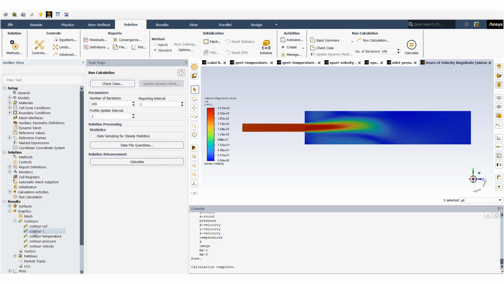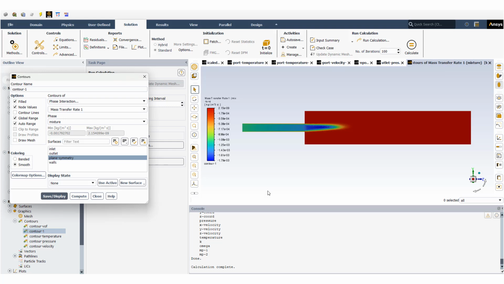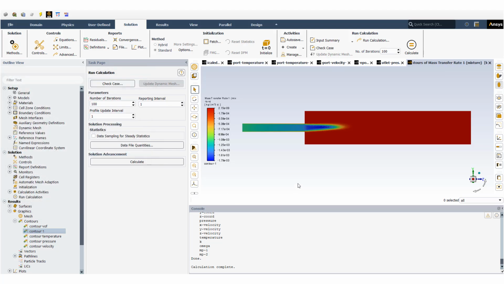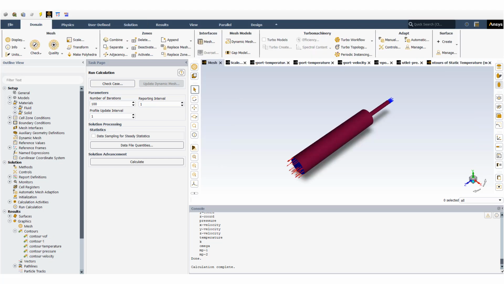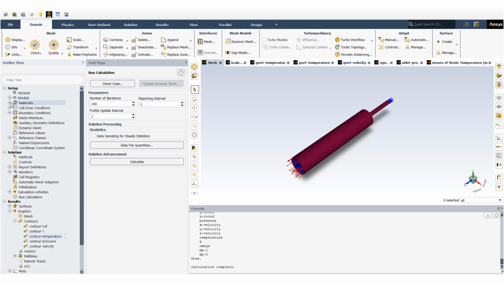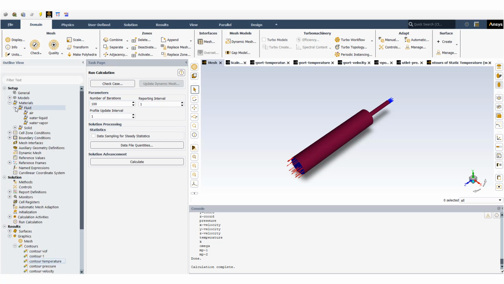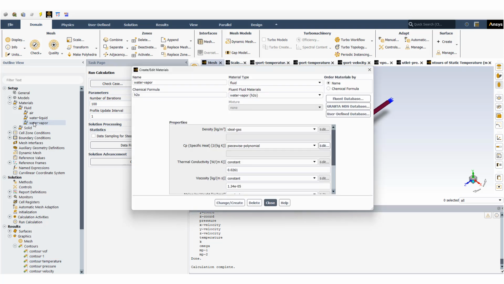But the main item for checking the phase change in this example is the mass transfer rate between the phases. The negative value shows that we have condensation. If we want to explore other material models, for example for vapor, instead of ideal gas, if we work with, say, one of the real gas models,